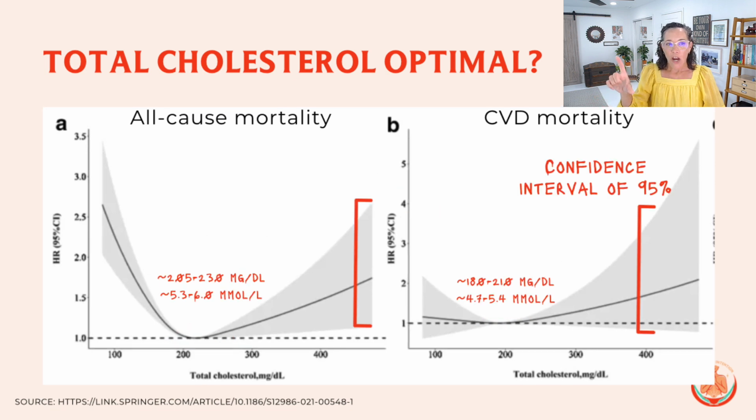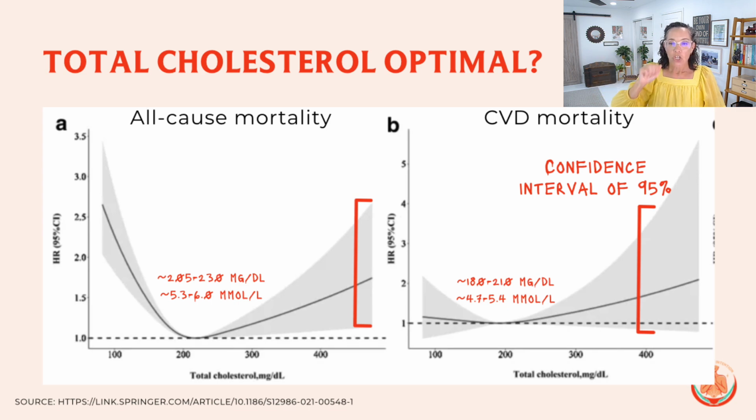The gray area is what is known as the confidence interval. And what that means is, based on the population that was studied and using statistical analysis, the researchers are 95% sure that the risk of dying falls somewhere in that gray area. So the black line is the most likely risk of dying, but depending on lots of other factors, we're going to talk about that in another section too, they are 95% sure that the risk is anywhere in this gray area.